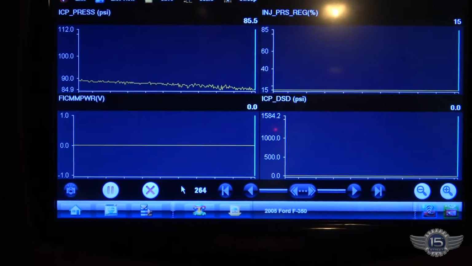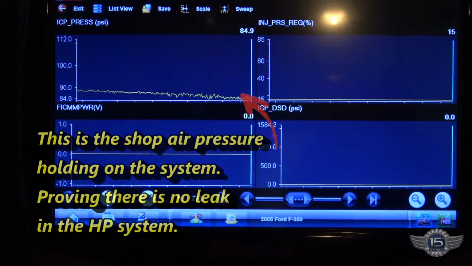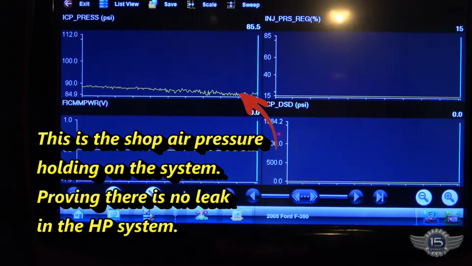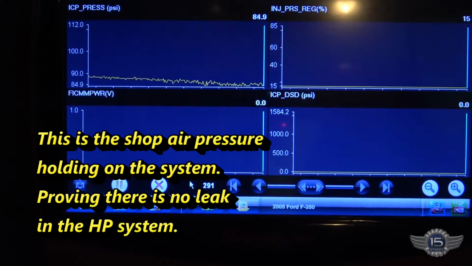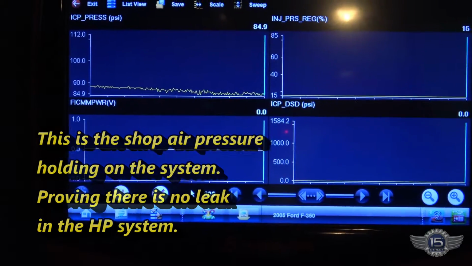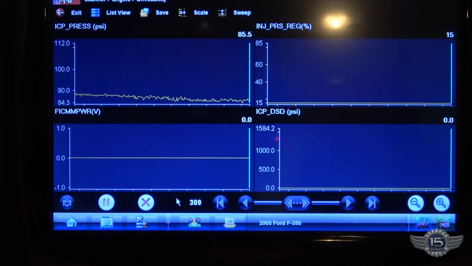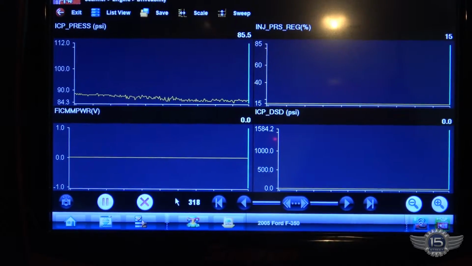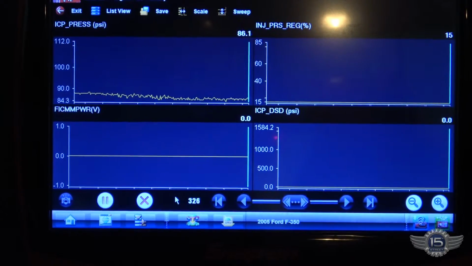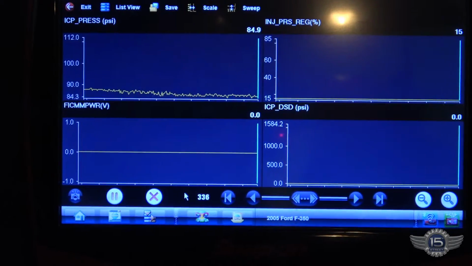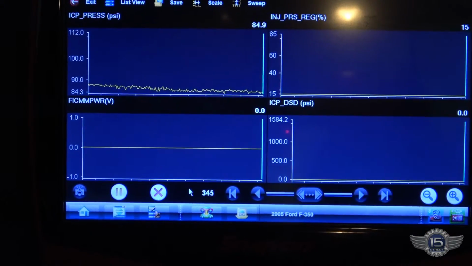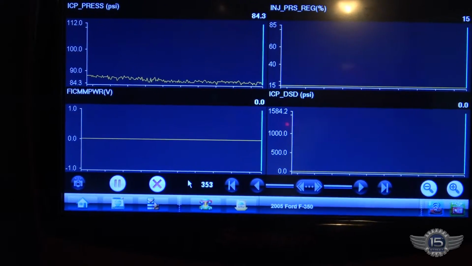Okay, so we verified that there's no leak in the system. It holds 110 psi of air. Held it for about 20 minutes without any loss. You open that valve after it sits for 20 minutes and it still has a ton of pressure on it. So there's no leaks in the high pressure oil system. So I've got that regulator, or the IPR